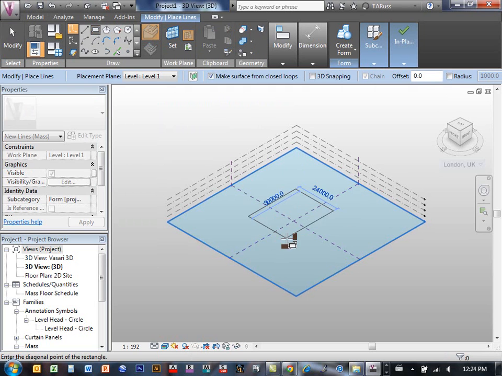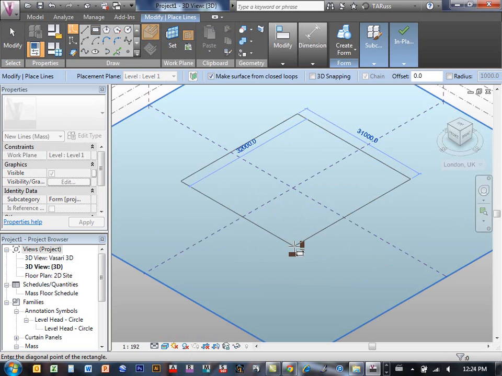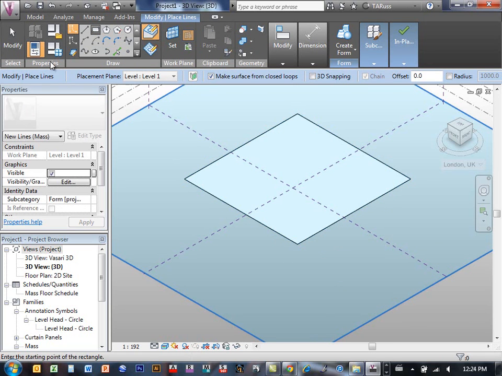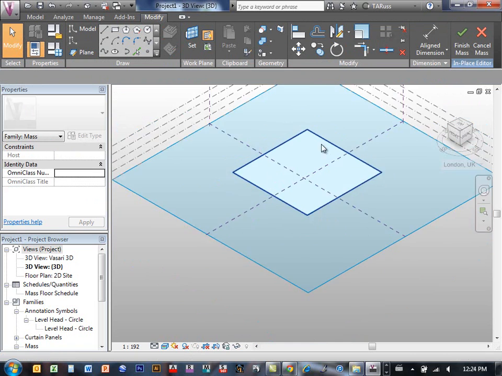Click on that, and then just drag out a rectangle. The dimensions don't matter. If you're obsessive compulsive, you'll probably want to get them just right, but you can suspend that for a little while. And once you've created that rectangle,